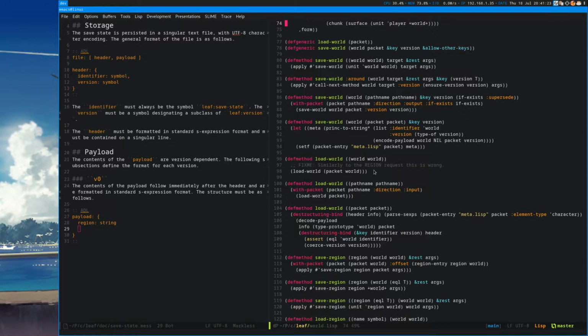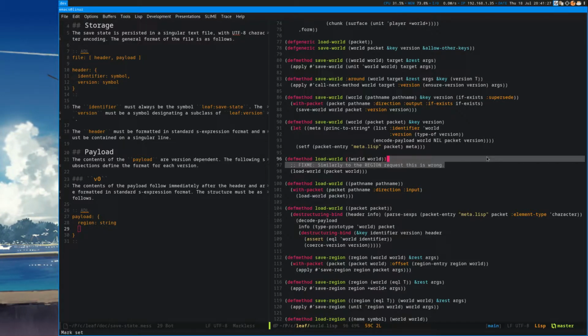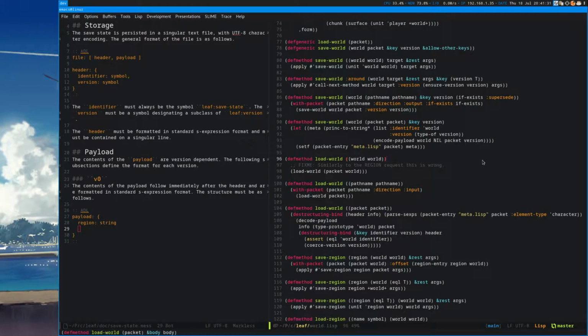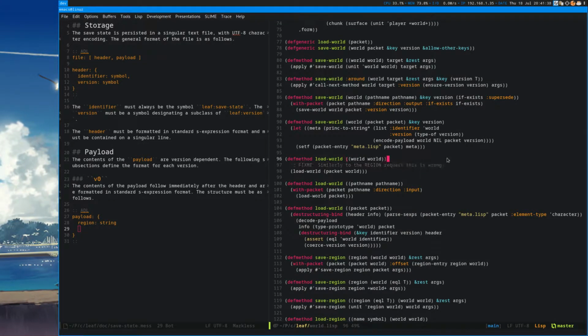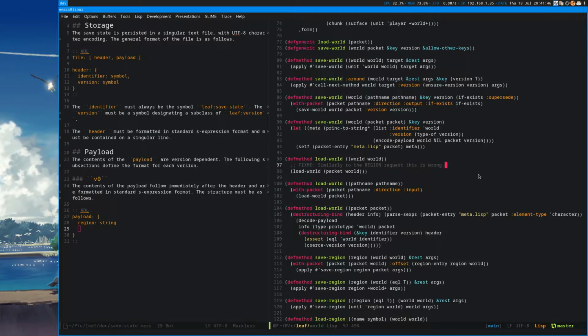Similarly to region classes as well. By the way, is there a way to create new classes at runtime? Of course, everything is runtime. You have a REPL. That is already the runtime. If all fails, there's always eval and compile. But you can also do it sort of programmatically, of course.